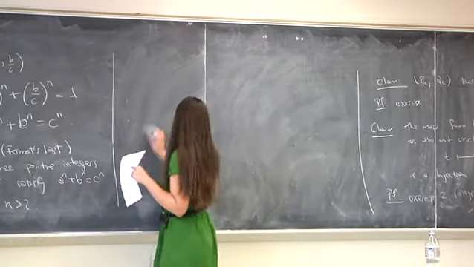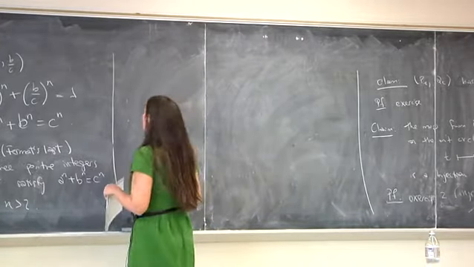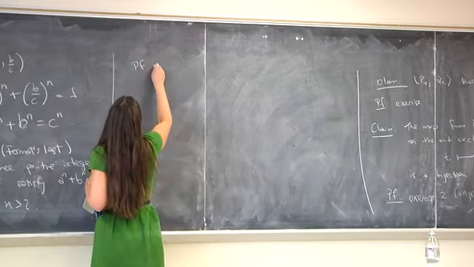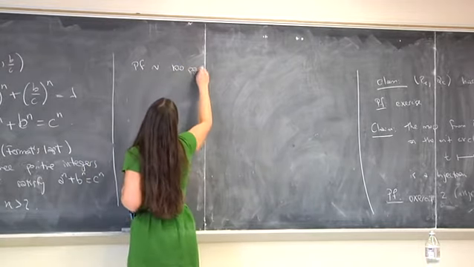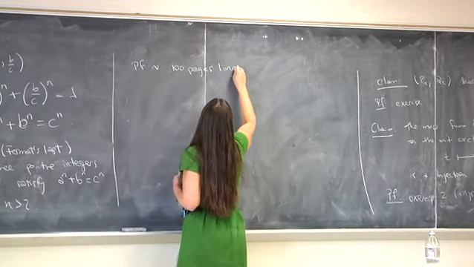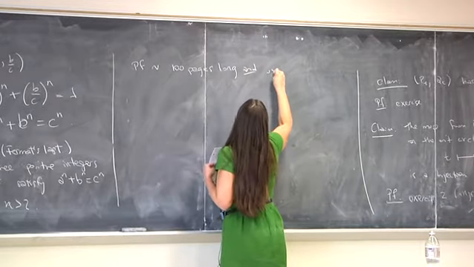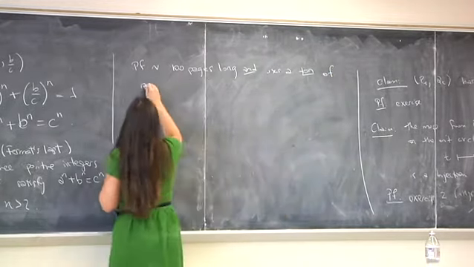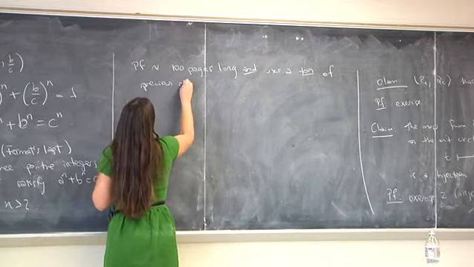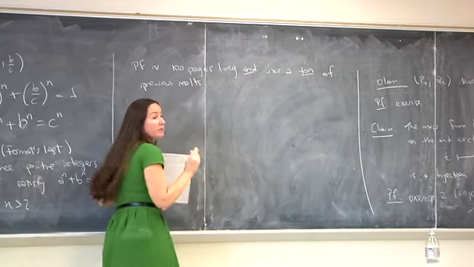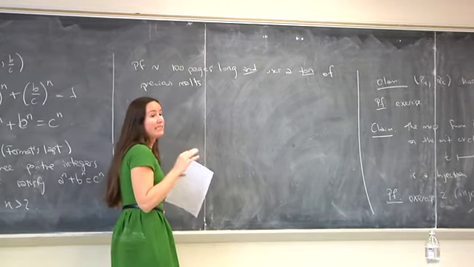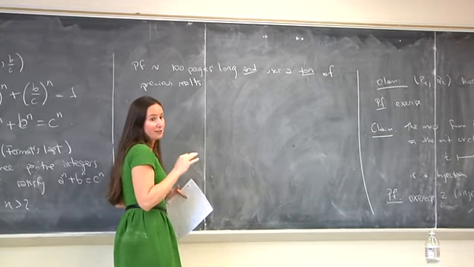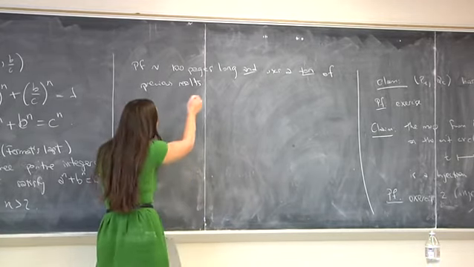There's not enough time in the semester for me to prove this. But the proof is about 100 pages long. I just want to let you know. And it uses a ton of previous results. So if you really wanted to understand this, you would need at least a semester to really get through the